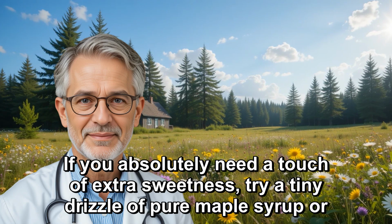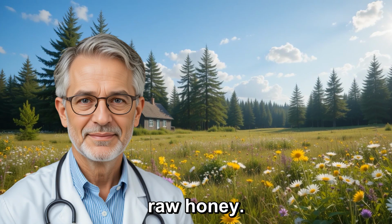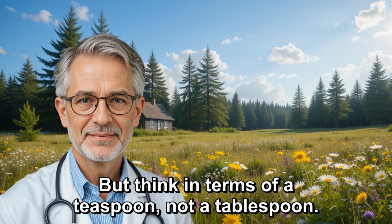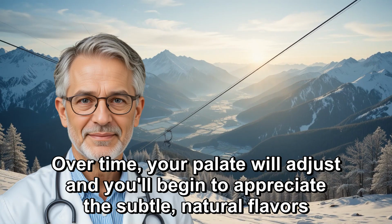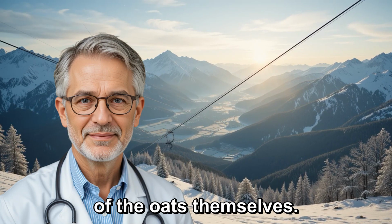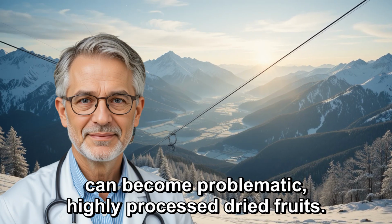If you absolutely need a touch of extra sweetness, try a tiny drizzle of pure maple syrup or raw honey. But think in terms of a teaspoon, not a tablespoon. And savor it. Over time, your palate will adjust, and you'll begin to appreciate the subtle, natural flavors of the oats themselves. Moving on from the sweet stuff, let's talk about another seemingly innocent addition that can become problematic: highly